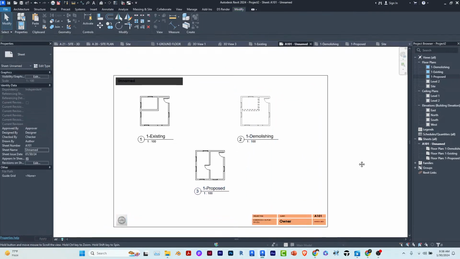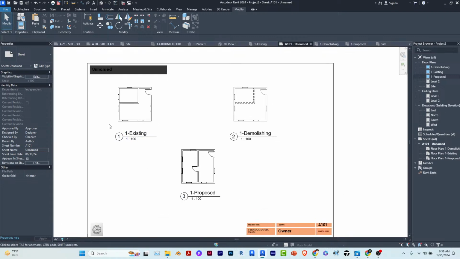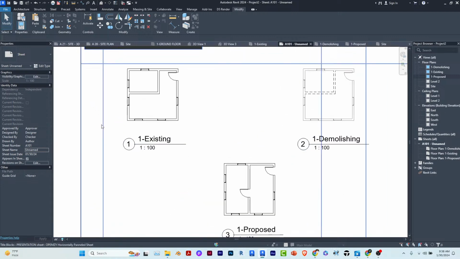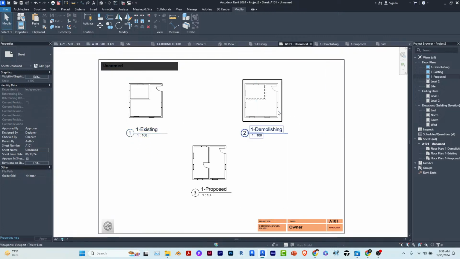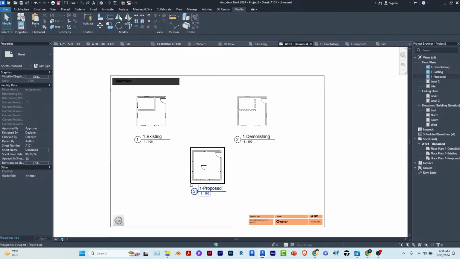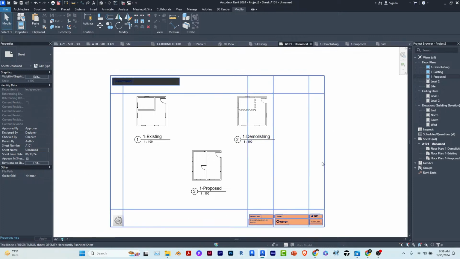So this is the same plan, this is the same drawings, but you can see the different phases from existing to demolition to proposed. So if you ever have a renovation work, you don't need to do 3 different plans. You work from the existing, you just phase your works properly, and then you use the views to do that phasing. So I just wanted to share this and then show you guys how we rounded up our presentation floor